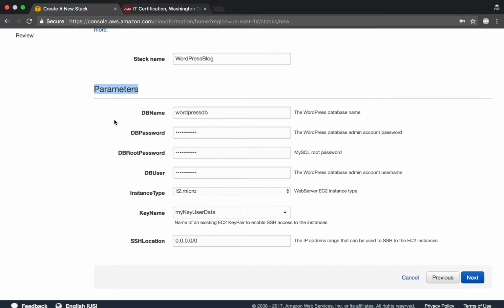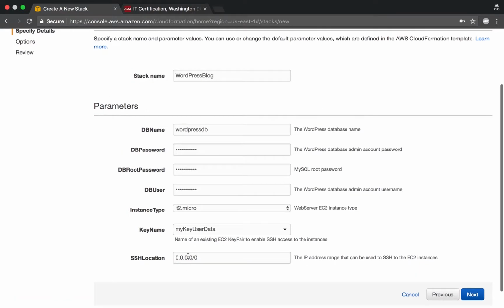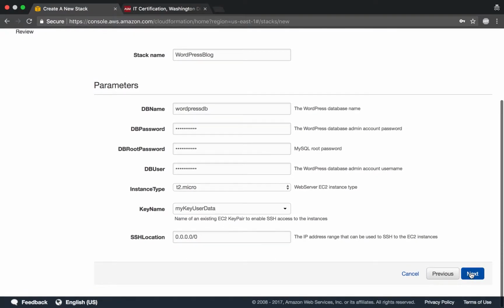So if I had parameterized VPC, then I could choose which VPC this would go under. But as you can see, I don't have that choice. So this will be going to my default VPC. If I had parameterized my VPC, then there would be a box here asking me to choose a VPC, but there's not a box here. So next,